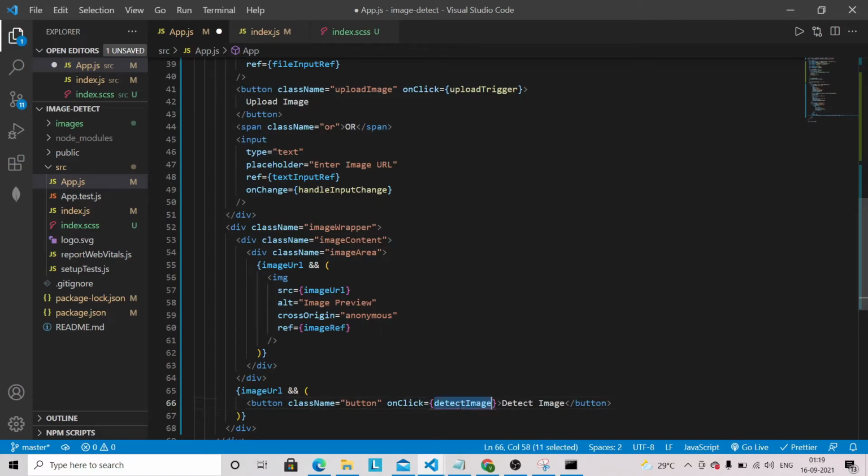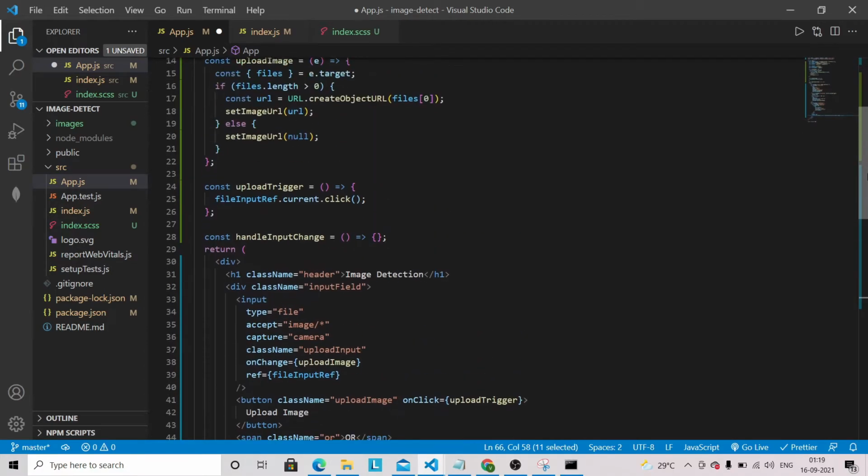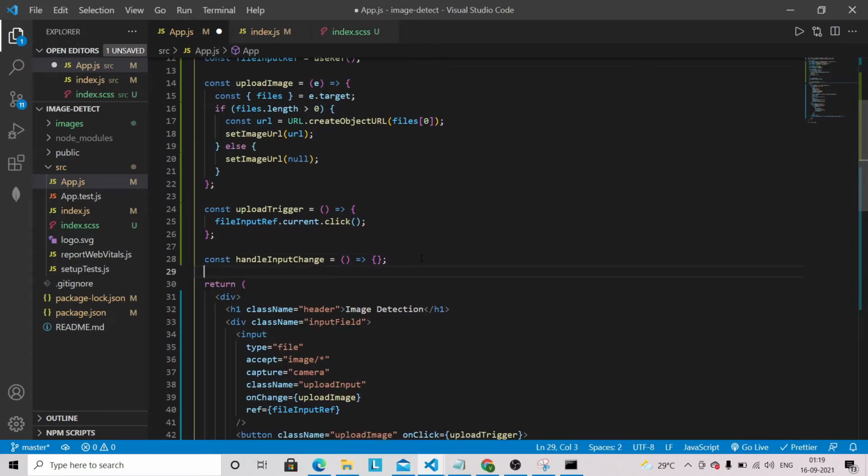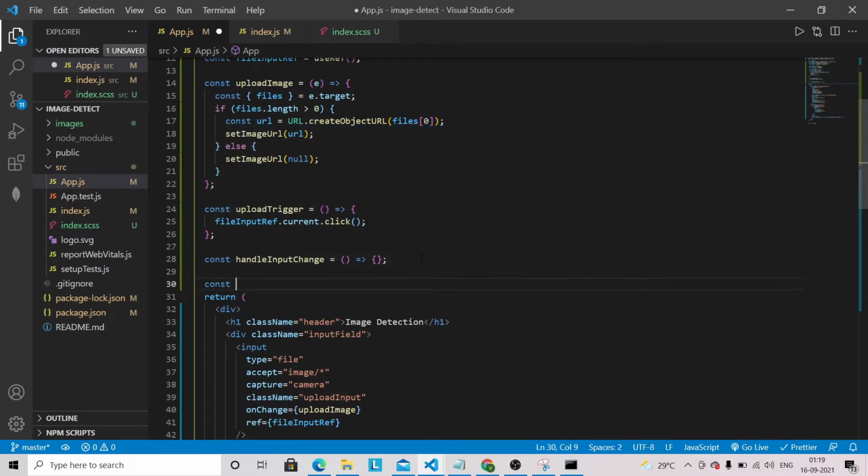And let's define this method here, const detectImage. Okay, and now let's write the logic of the other two methods, that is handleInputChange and detectImage.